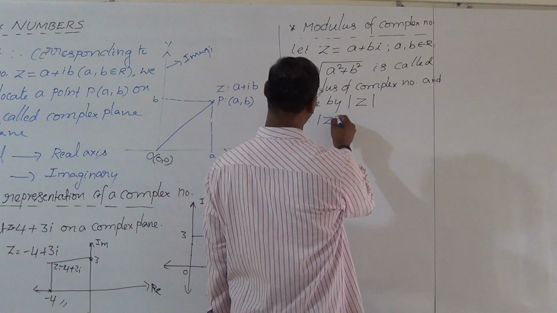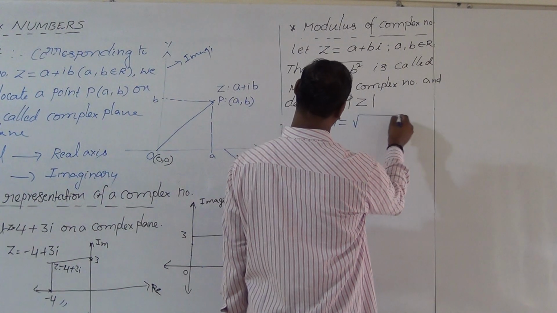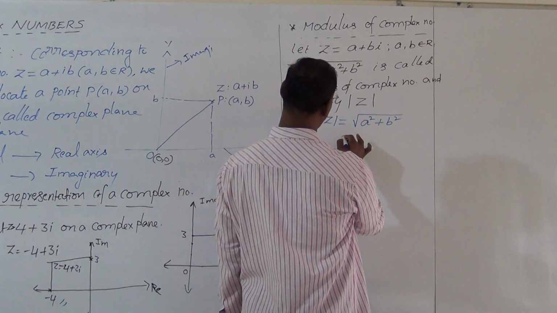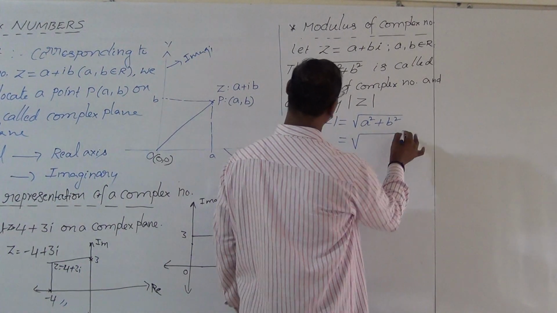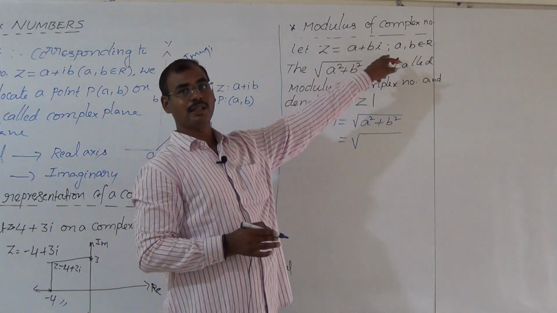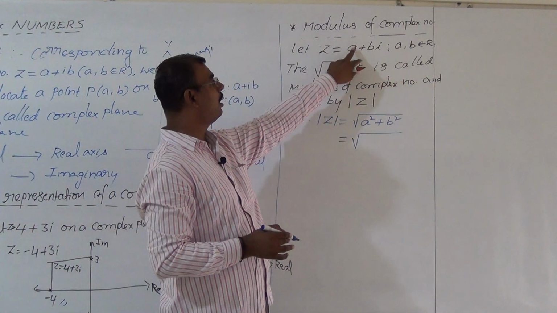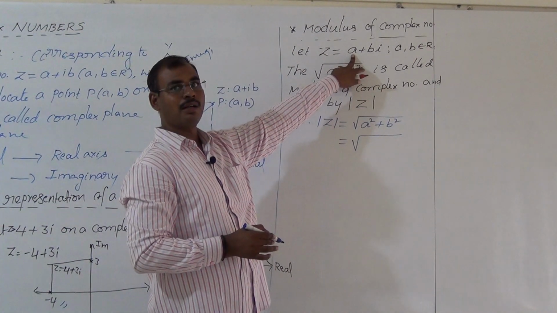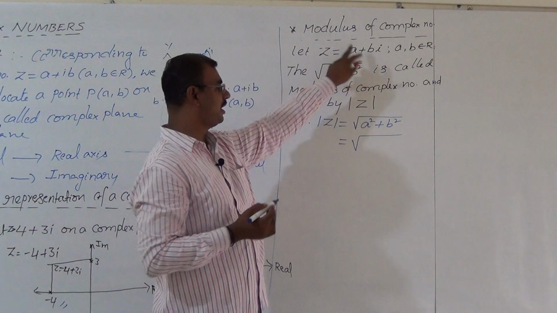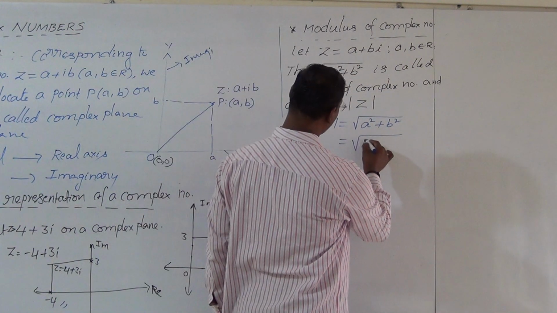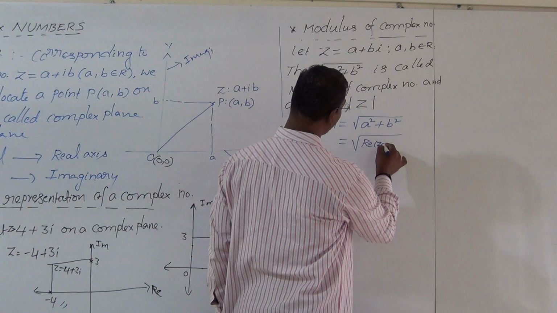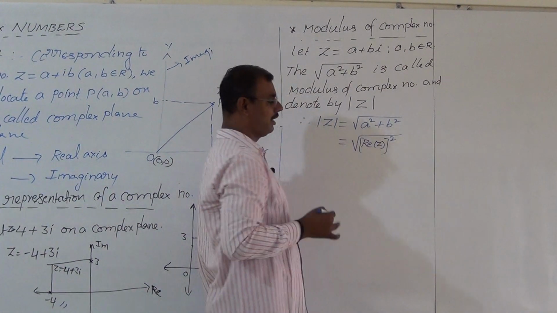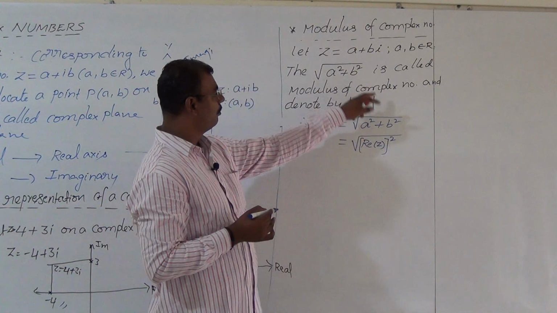Therefore mod of z is equal to square root of a square plus b square. This can be written as square root of, in a plus b iota, what do you call a? A is called the real part of z. So we write Re of z whole square, plus b,